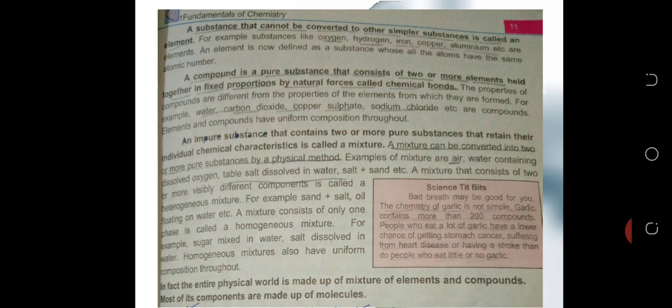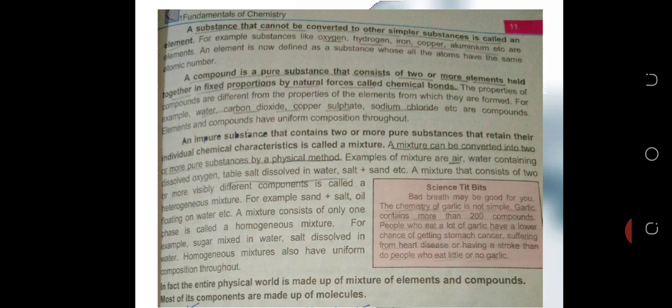It is not possible that if you are taking a chunk of gold, its different atoms have a different atomic number. No. If you are taking 1 kilogram of any other substance, or sulfur in any amount, oxygen in any amount, you will see that it has the same number of atoms